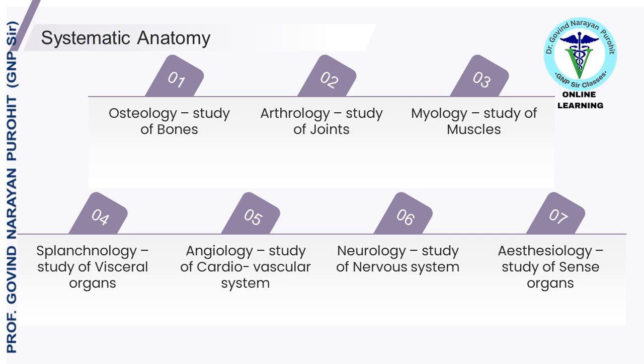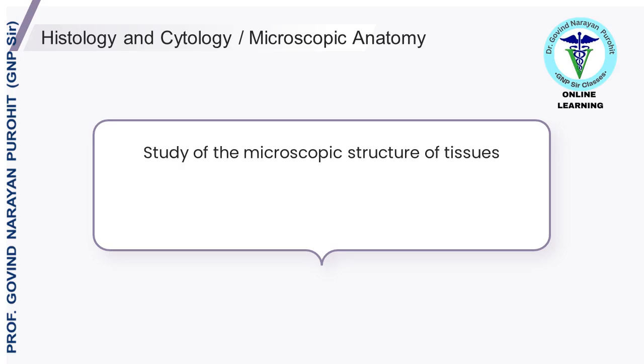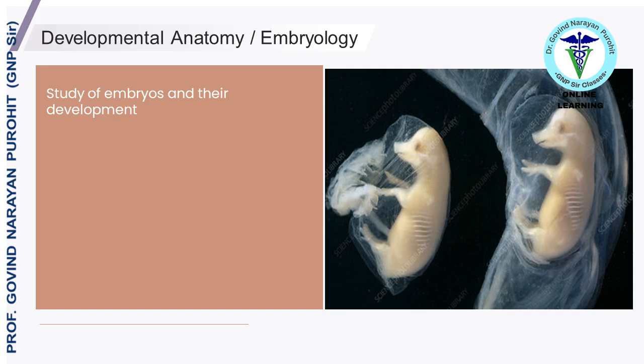The different names ascribed to different branches of systematic anatomy are: osteology, the study of bones; arthrology, the study of joints; myology, the study of muscles; splanchnology, the study of visceral organs; angiology, the study of cardiovascular system; neurology, the study of nervous system; anesthesiology, the study of sense organs; histology and cytology, microscopic anatomy, the study of the microscopic structure of tissues; developmental anatomy, embryology, is the study of